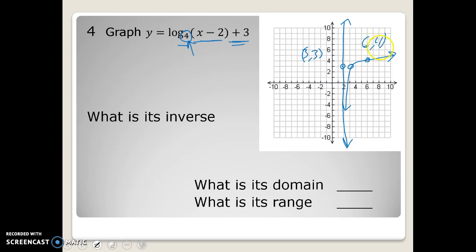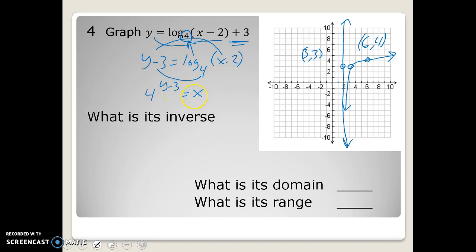Just to make sure I'm doing this right, I'm going to rewrite this first. I can subtract 3 over to this side, so it's y minus 3 equals the log base 4 of x minus 2. And so I can rewrite it as 4 to the y minus 3 power